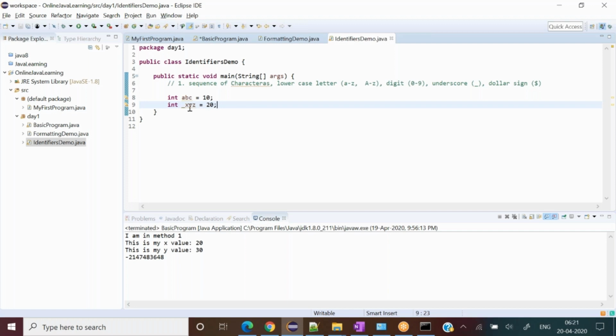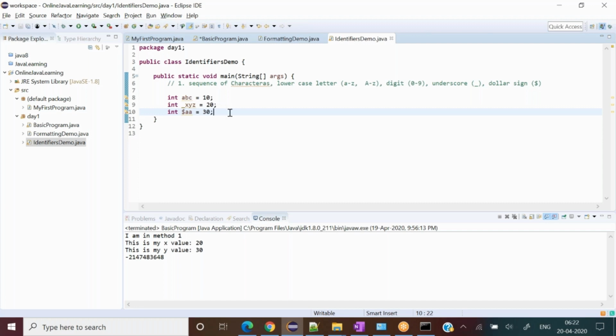There is no problem. Why? Because underscore is a valid sign. I could have written dollar also, dollar AA equal to 30, then also it is a valid identifier. There is no problem with these.